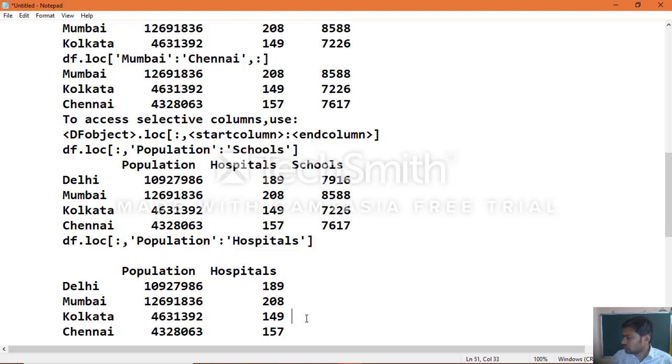So now we know how to access selective columns.